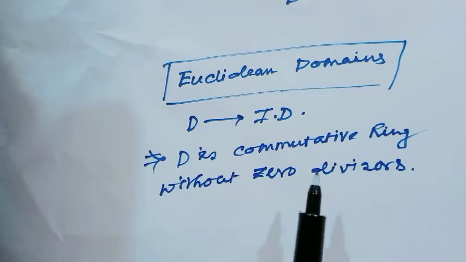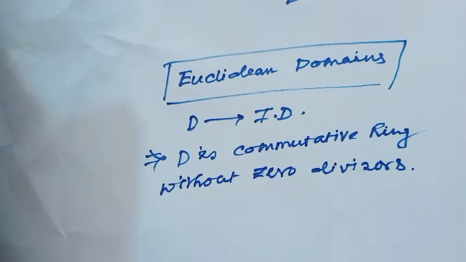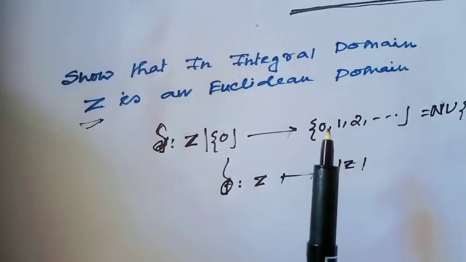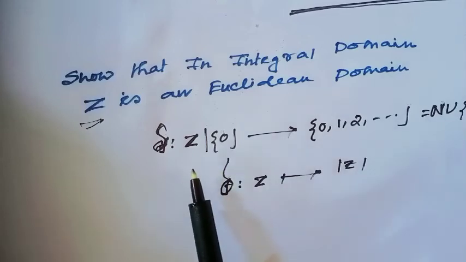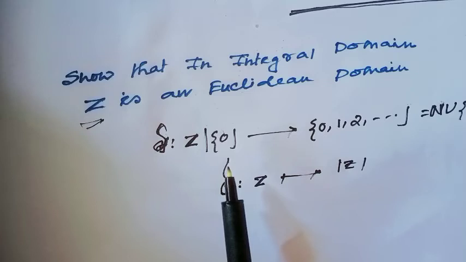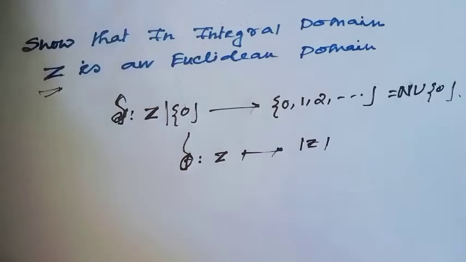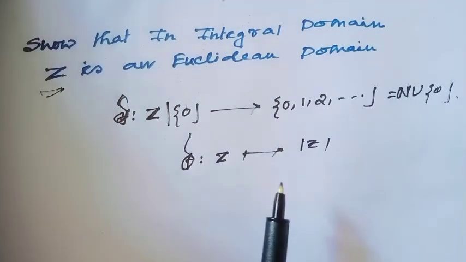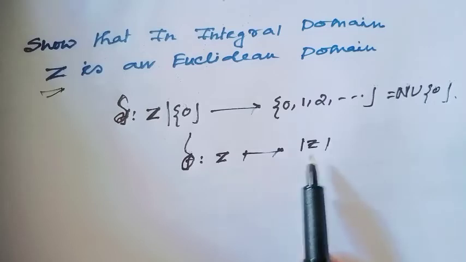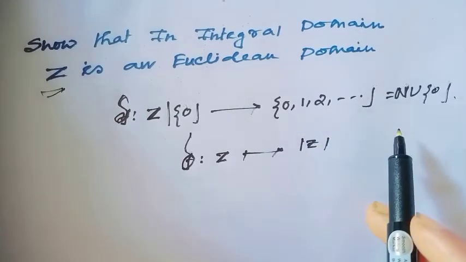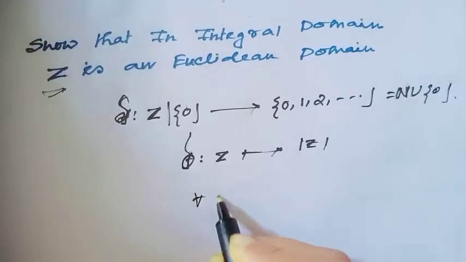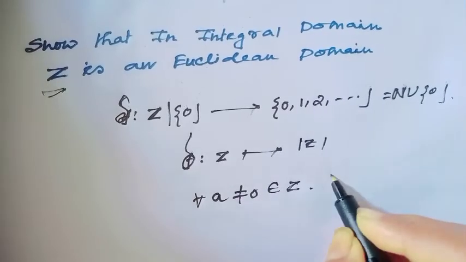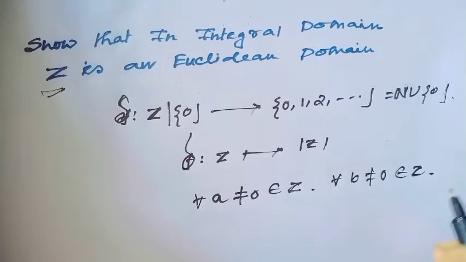Now I will see a couple of examples of Euclidean domains. Example: consider the set of integers, and I will prove that the set of integers is a Euclidean domain. For this, consider a mapping delta from Z excluding the singleton set 0 to the natural numbers union the singleton set 0. Here the mapping is defined as delta of z equals the absolute value of z, because here we want all positive integers. For all a which is non-zero and a member of the integers, also consider all b which is also non-zero and a member of the integers. Then